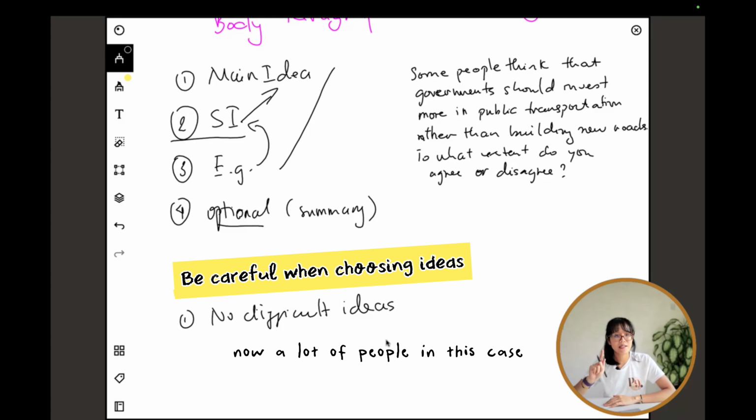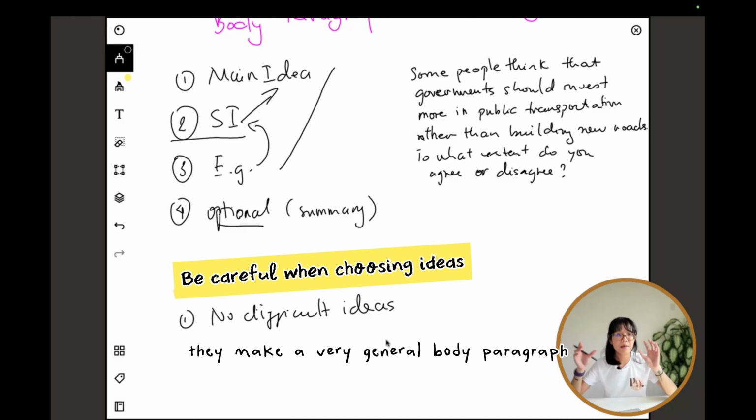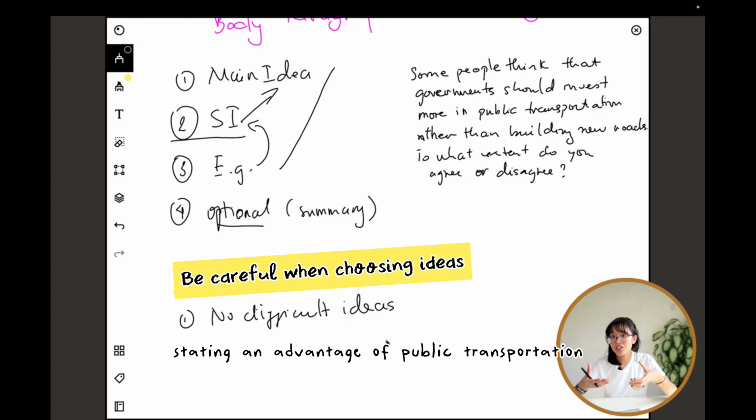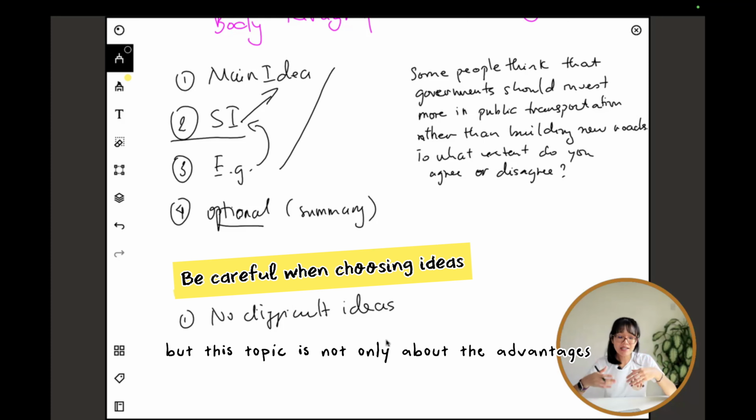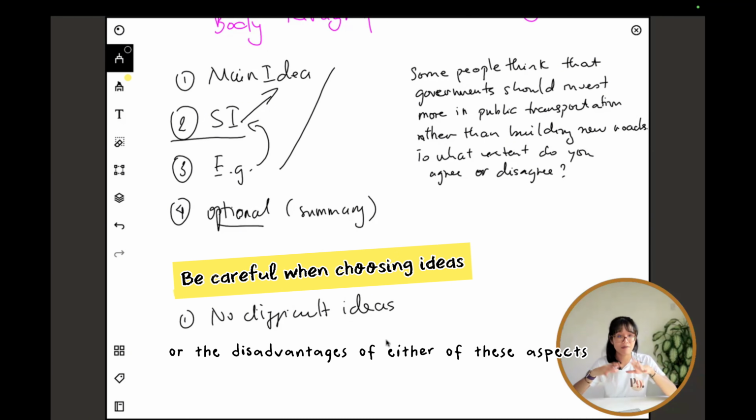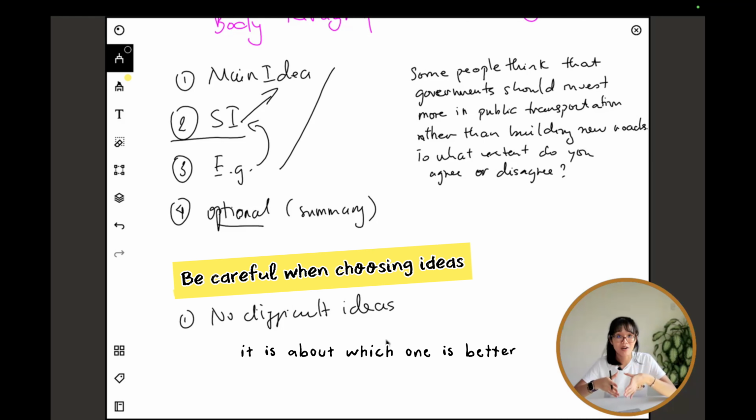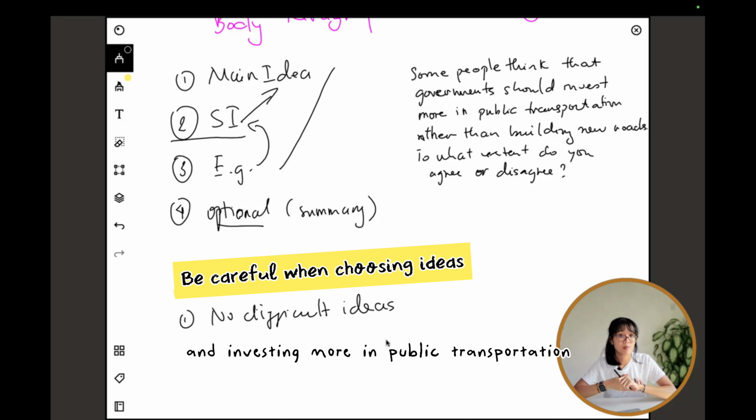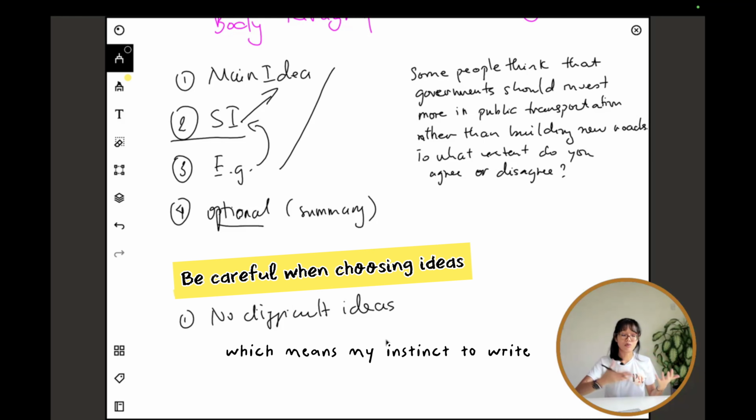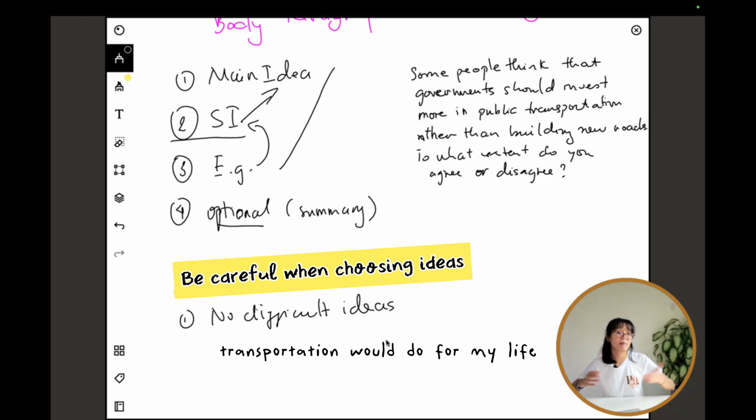Now, a lot of people in this case, when they agree with this statement, write a very general body paragraph stating an advantage of public transportation. But this topic is not only about the advantages or the disadvantages of either of these aspects, public transportation or building new roads. It is about which one is better and which one deserves more investment. And in this case, for example, I am a public transport girl, so I would support building and investing more in public transportation, which means my instinct to write this paragraph is to talk about how good public transportation would do for my life,